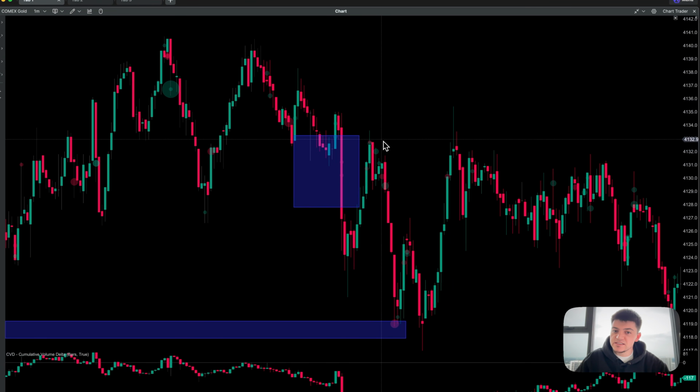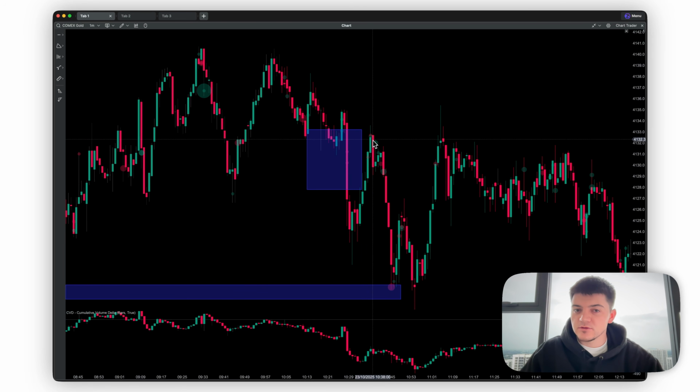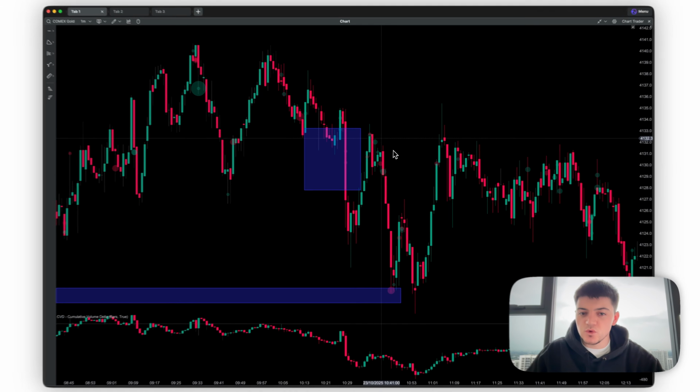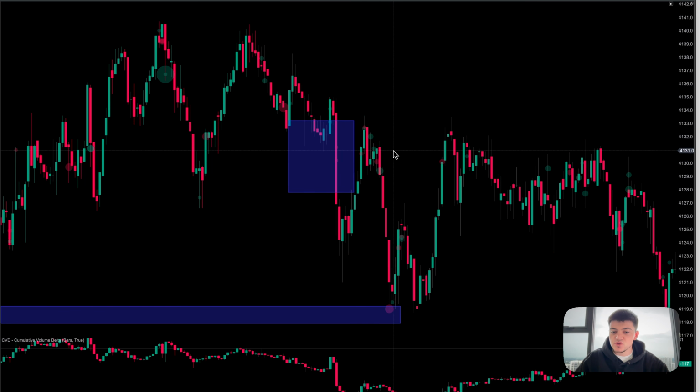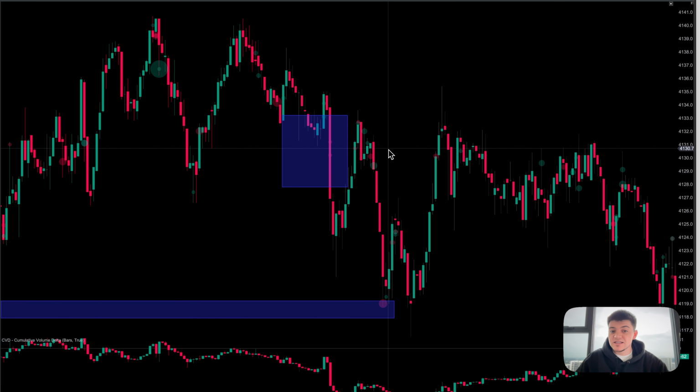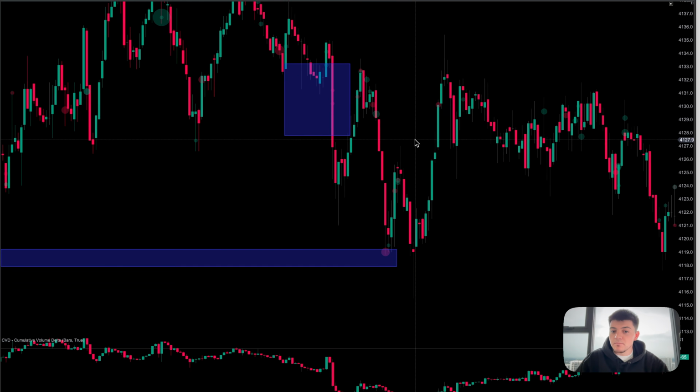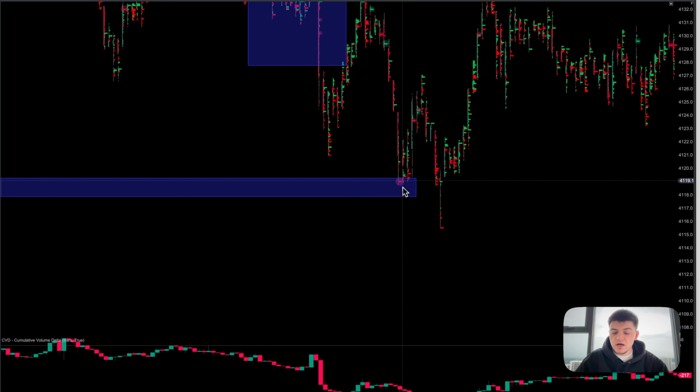So what can you expect, right? Well, look at this. We see sellers coming in. Are they getting rewarded? Yes or no? Yes, they're getting rewarded, right? Because we're moving down. Are the buyers getting rewarded? No, because we're moving down. So these buyers are actually getting absorbed. Okay, all these buyers are actually getting absorbed. And this is a perfect scenario for this sort of play, which is an absorption play instead of a continuation play, okay? And I actually included one more absorption play over here, which you can see a bunch of sellers